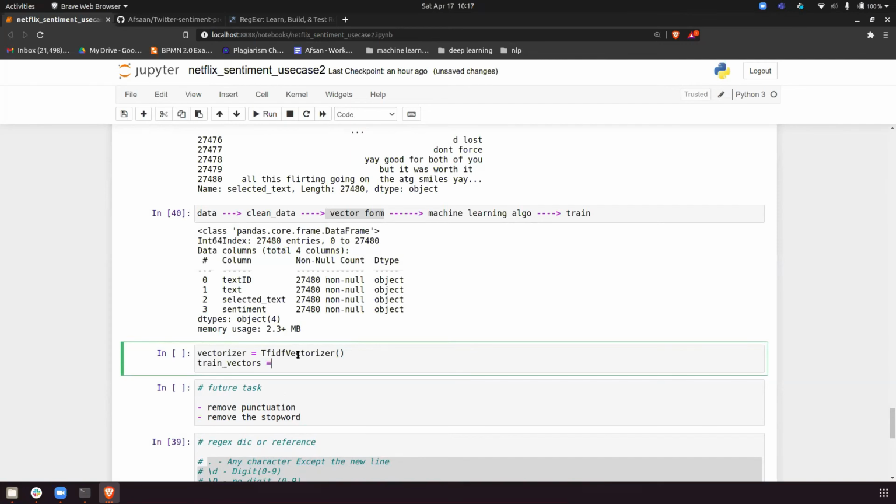So basically, I'm not doing a train-test split here because we already have the two datasets. We already have the test data separate and the train data separate. So you don't have to do a train-test split here.